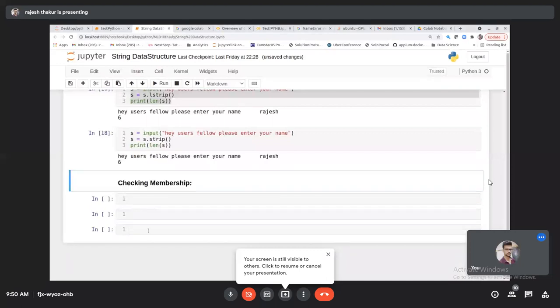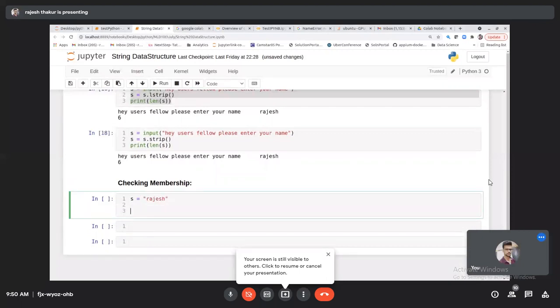So first thing, let me show you. Let's suppose we have S is equal to Rajesh, and I want to check whether K is in S. Python is too easy. To be honest, guys, Python is as easy as learning your native language. Whoever is from Bengal learns Bengali easily, right? Python is similar. Can you see this syntax, K in S? It's simple: is K in S, like this.